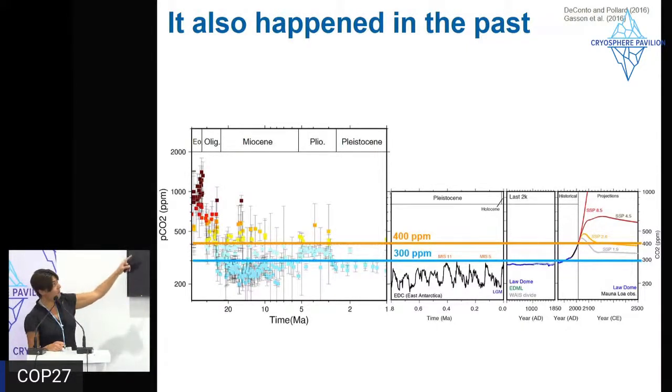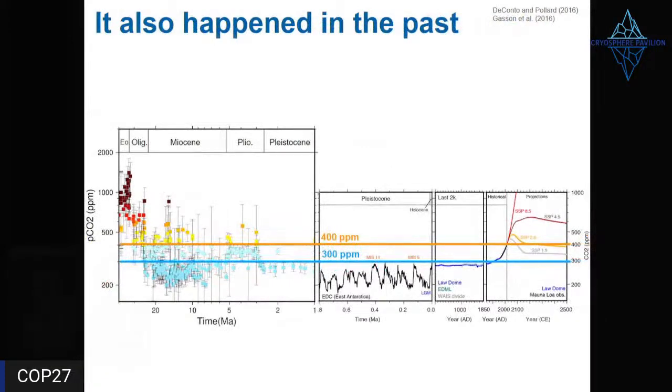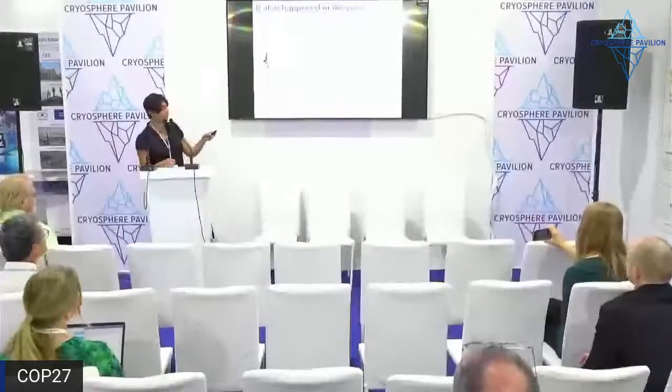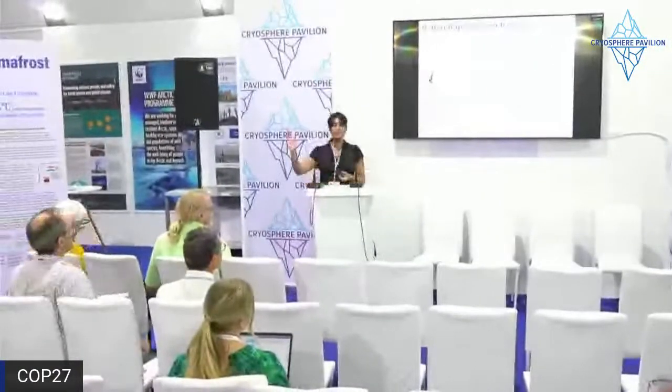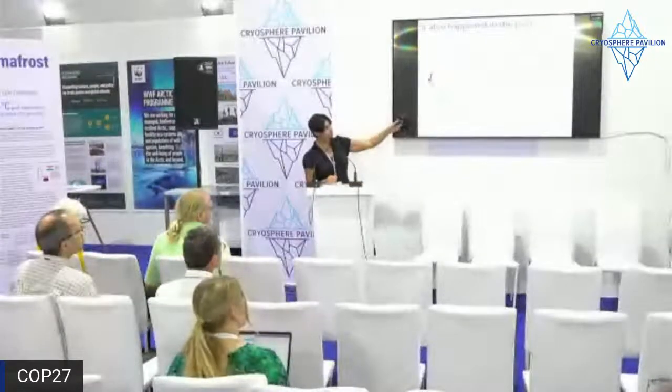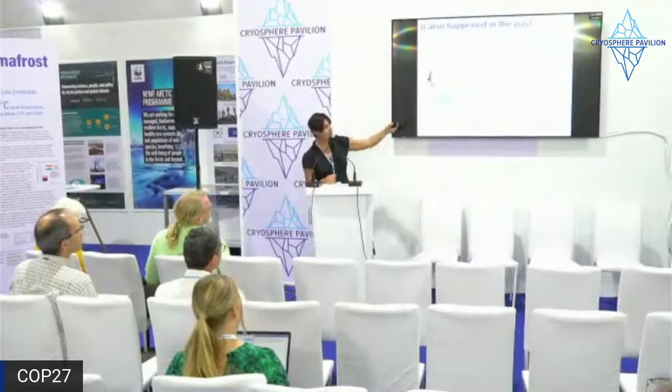At that moment, the CO2 concentration was 1,000 ppm in the atmosphere. Then it quickly dropped to around 400. It stayed above 400 ppm for a while, and then dropped below 400 and then 300 ppm, which is what the ice core records are telling us about the last 2 million years of our Earth's climate history. And then in the 20th and 21st century, we have been raising the concentration again. And at the end, you can see the different scenarios of emission for the